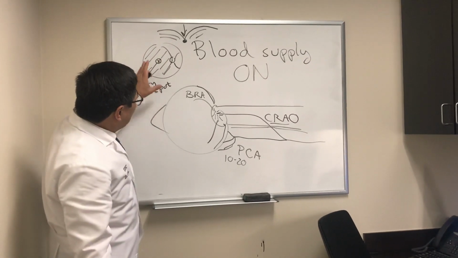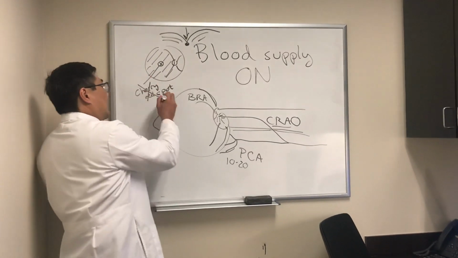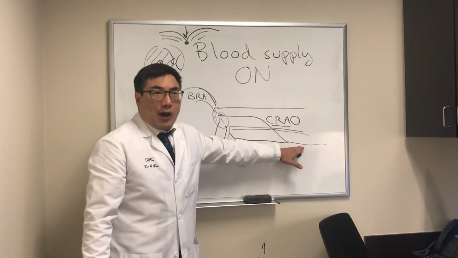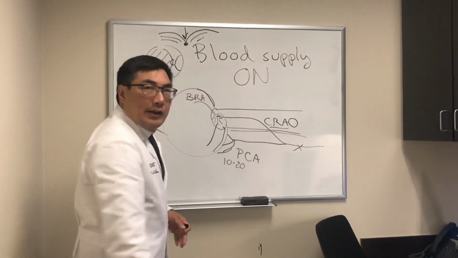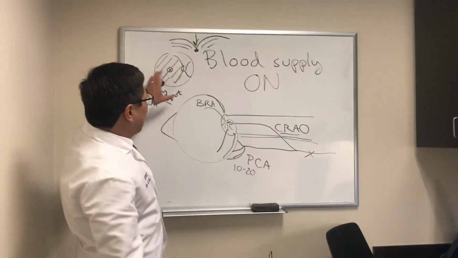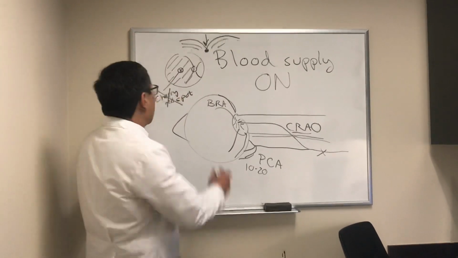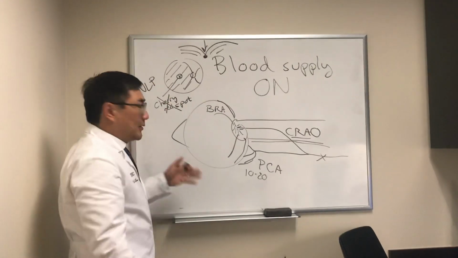So if we see a retinal opacity and we don't see the cherry red spot, that's one of the clues that the patient's occlusion might be more proximal and affecting both the central retinal artery as well as the choroid, and that means it's more likely to be ophthalmic. It also might indicate that it's vasculitis. In an elderly patient, you might be thinking about giant cell arteritis. And this kind of patient who has no cherry red spot might have no light perception vision